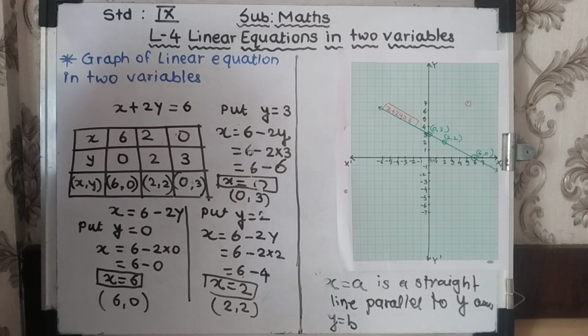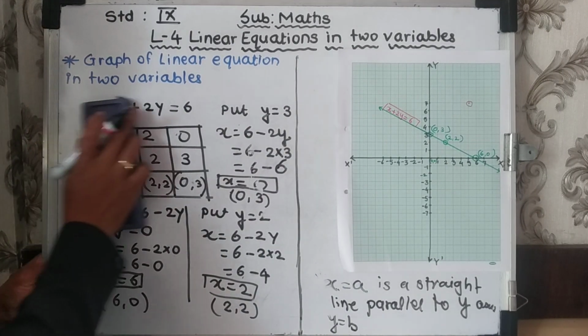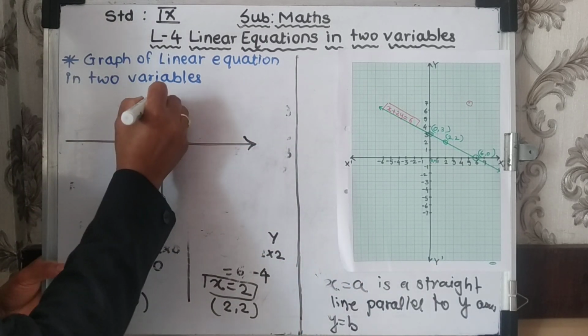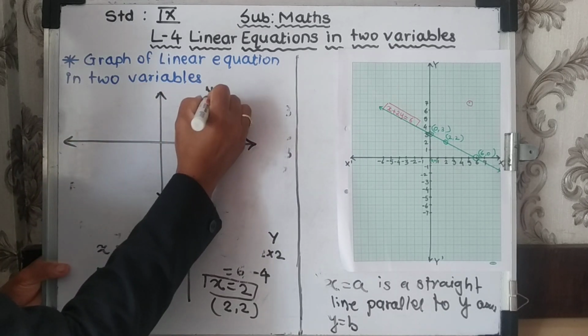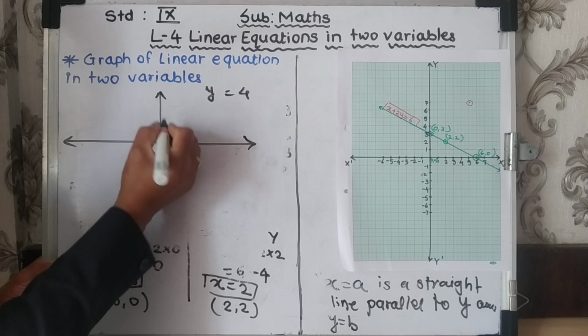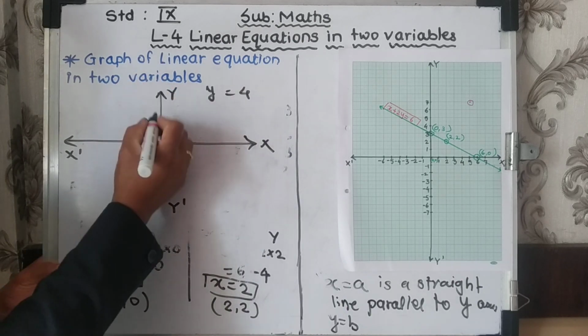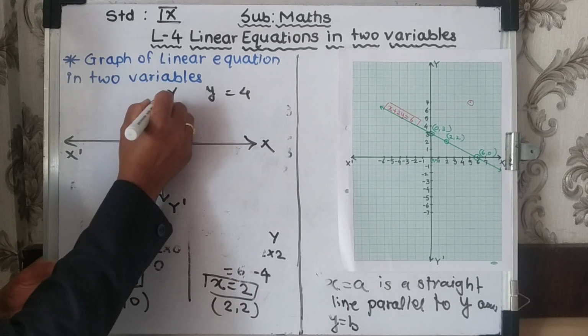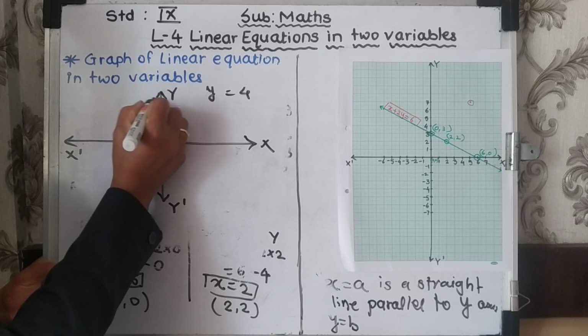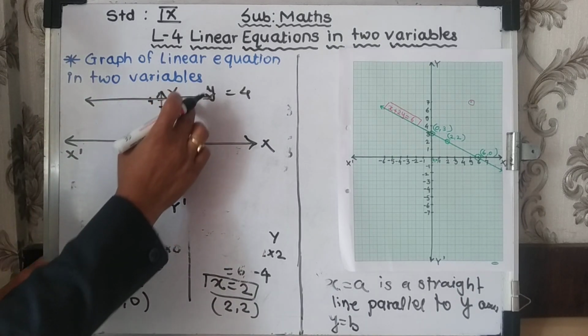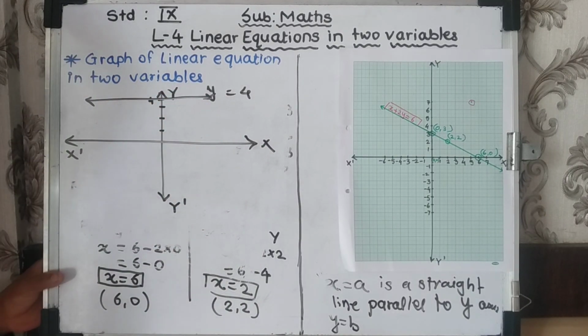Likewise, I'll show you here. This one understood now? Suppose likewise it is there. I'm saying y equals b, means y equals 4 I'm taking. So 4, where it will lie? This is the y-axis, this is our x-axis, and this is y dash. 1, 2, 3, 4, right? So y equals 4, here it will lie. So we will draw a straight line from this point, which is parallel to the x-axis. Understood? The graph of y equals b is a straight line parallel to the x-axis.